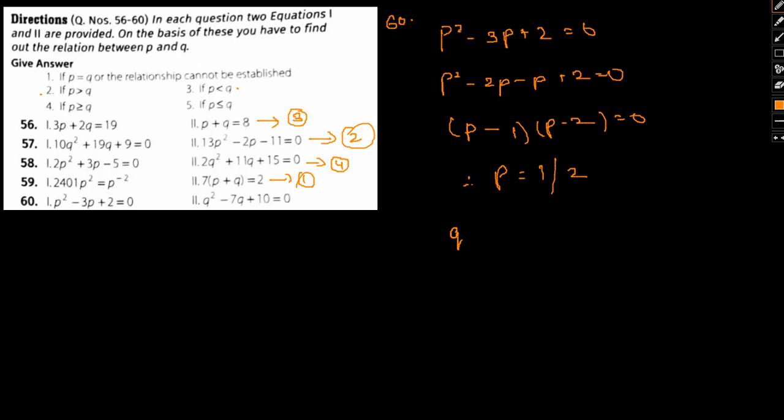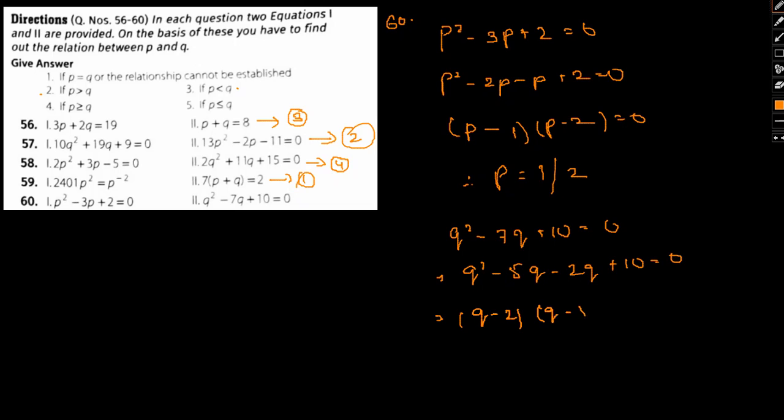Similarly, q square minus 7q plus 10 equal to 0, simply q square minus 5q minus 2q plus 10 equal to 0, this can be written as (q minus 2)(q minus 5) equal to 0,